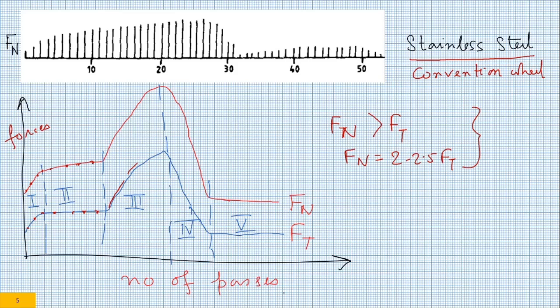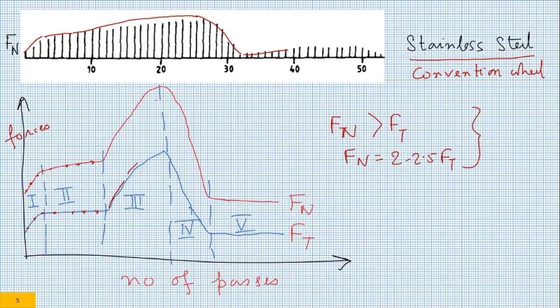What are these? These are the number of passes. If you look here, the same thing is happening. Initial increase, then more or less stable, then it gradually goes up, then it once again falls, and then the cycle repeats. So the fifth stage and the first stage are similar. So whatever we are explaining theoretically, that can also be seen experimentally.